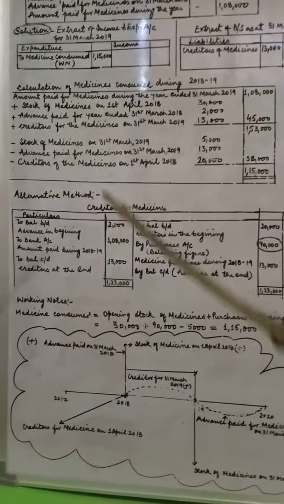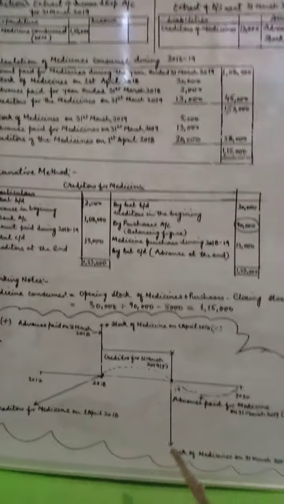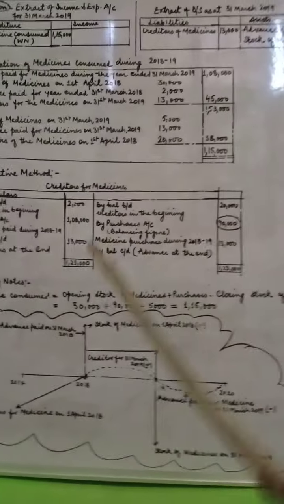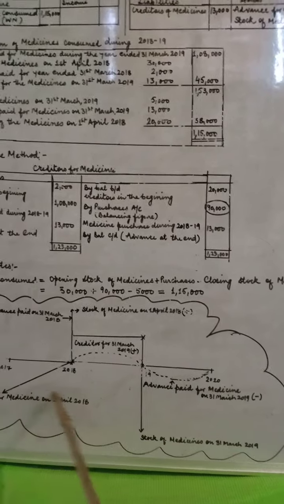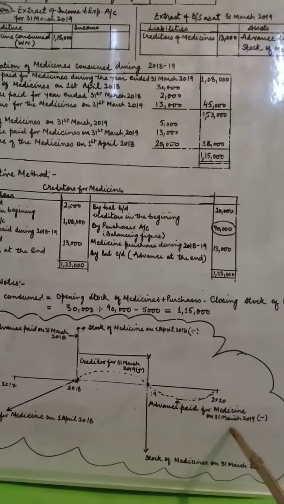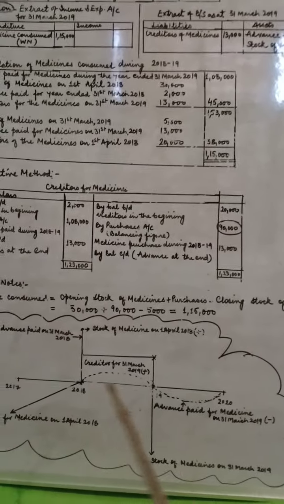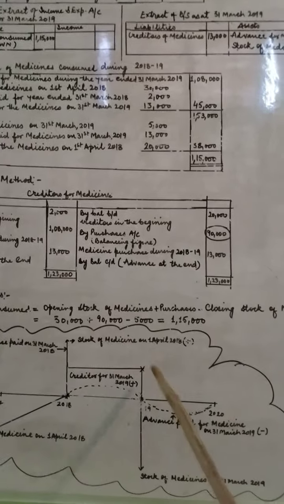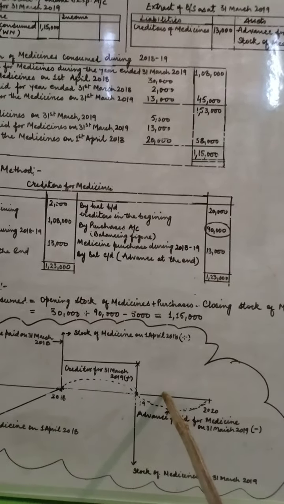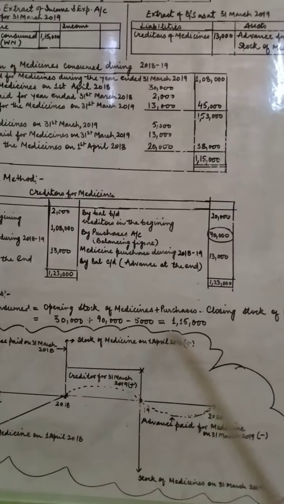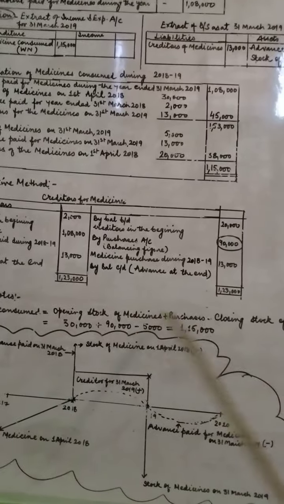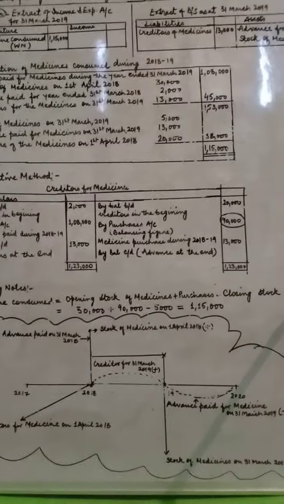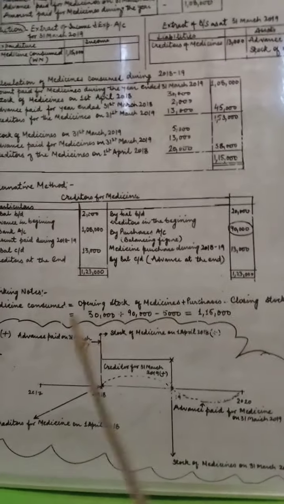So you should be very much clear about it. Before doing this, you should learn all the logic behind it, like what advances are going to be minus, what other things are going to be plus. So you should be very much clear about it with the help of this timeline. If you are having any problem regarding how to make it, you should